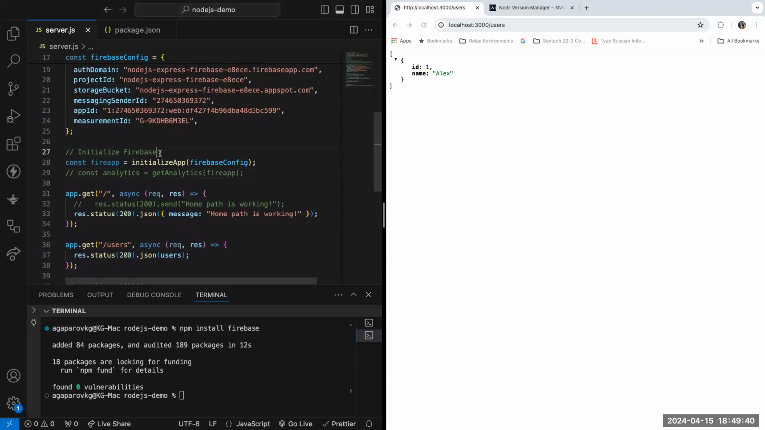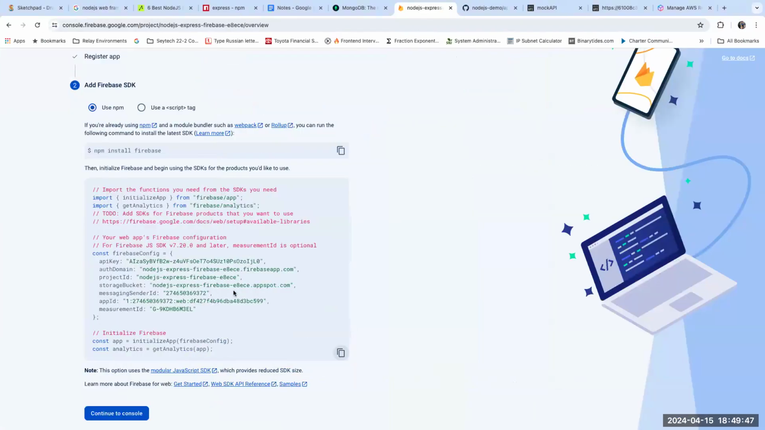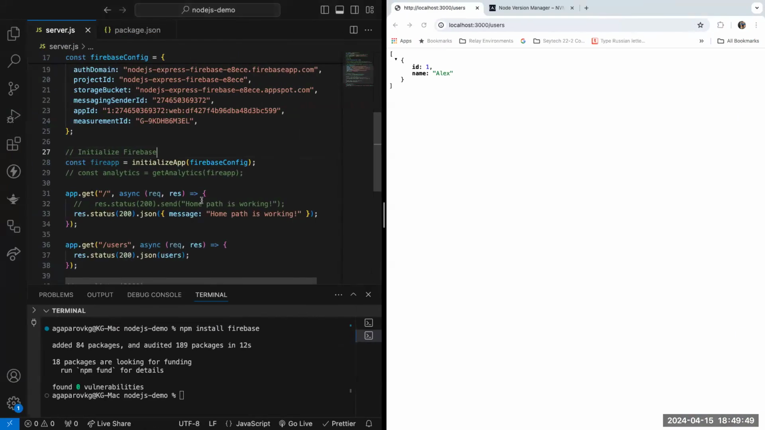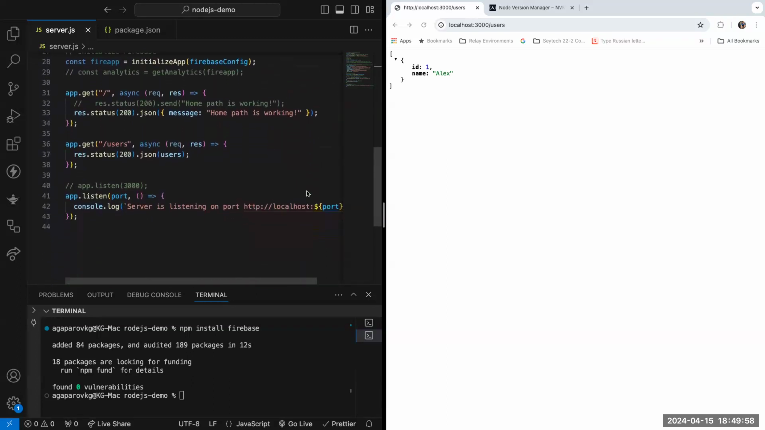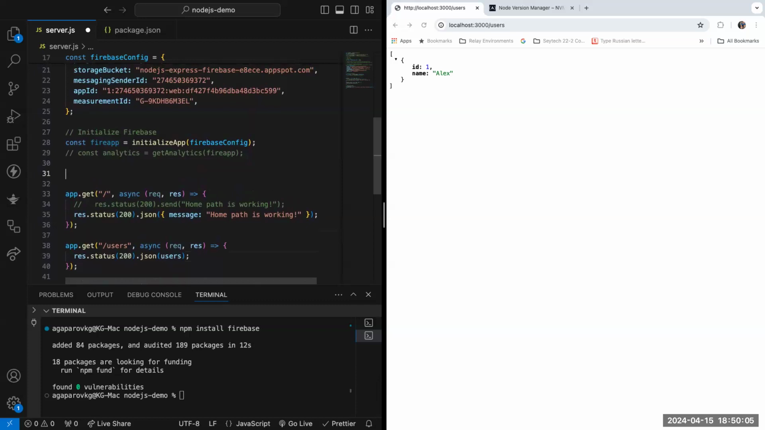Okay, initialize Firebase. So how do we reach out to the database though? We initialized Firebase. Okay, so basically we did this right here. So how do I reach out to the database itself? We need to utilize the getFirestore method for that. Constant database is equal to,